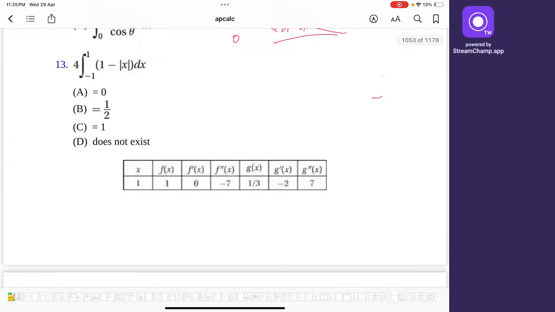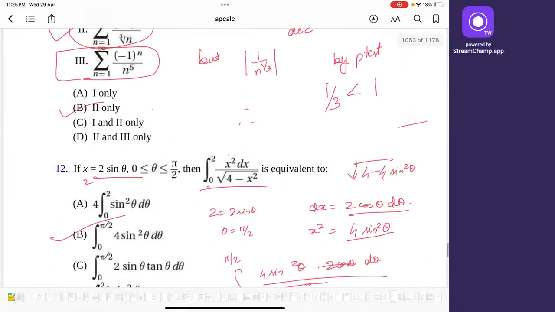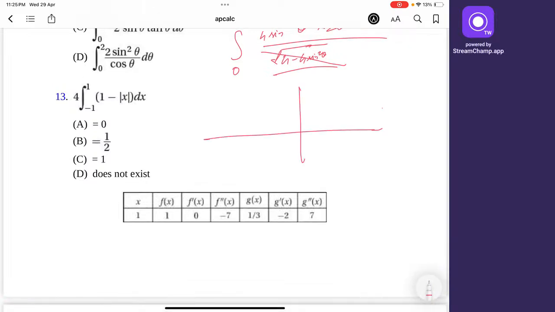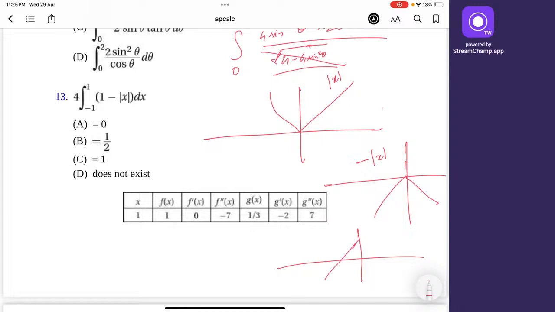So let's evaluate this integral. This can be better done geometrically. Instead of the graph of 1 minus mod x, this is the graph of mod x. Now the graph of minus mod x, and then you have to add 1 to this. So the graph of 1 minus mod x will be something like this. So at 1 it is 0, at minus 1 it is 0, and we have to find this particular area